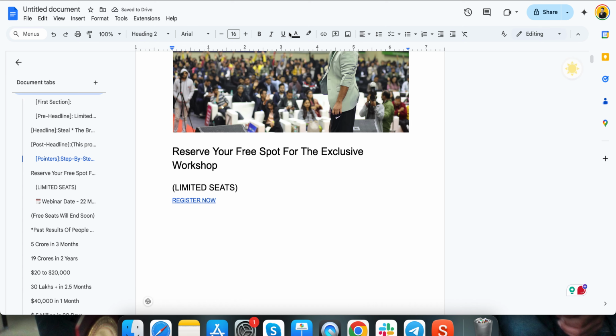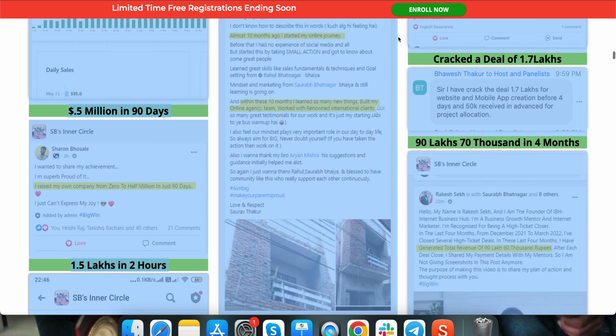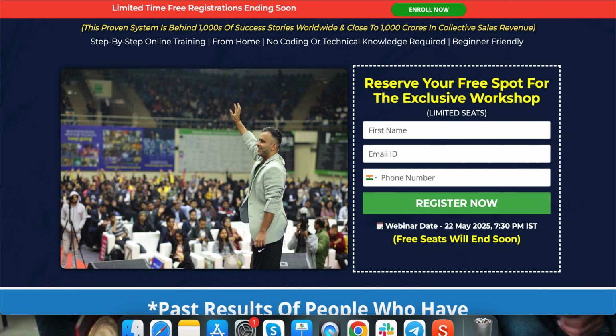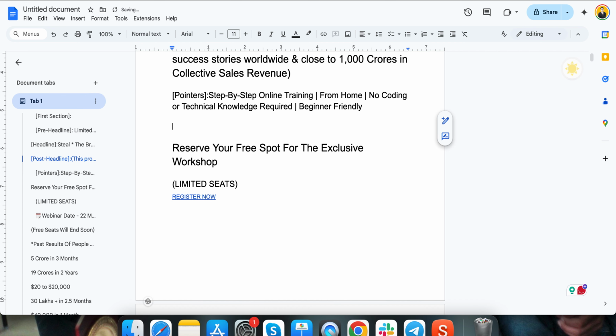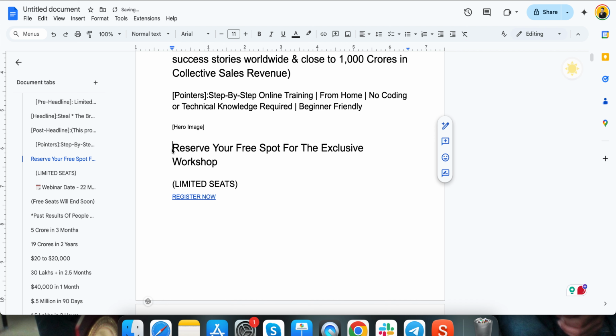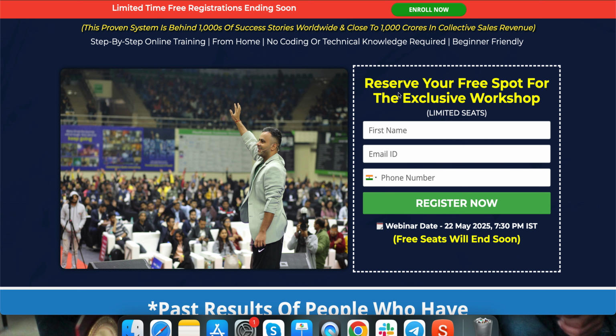And then let's say I go to this page, so there is an image. Of course you are not going to pass on the image over here, so you can say hero image. You need to mention that. Then let's say this is a CTA button. Actually, not the CTA button, I would say this is a sign up form. So you need to be telling the AI what exactly is what. So this is a sign up form.